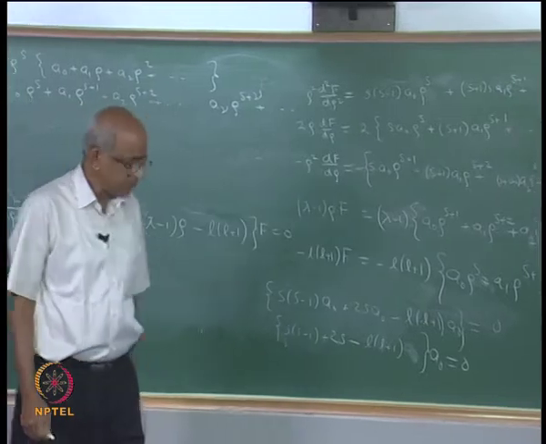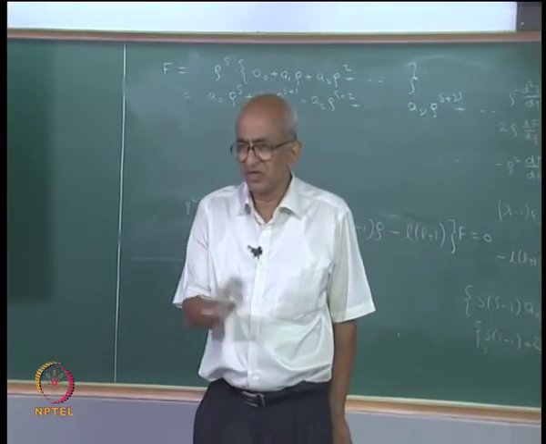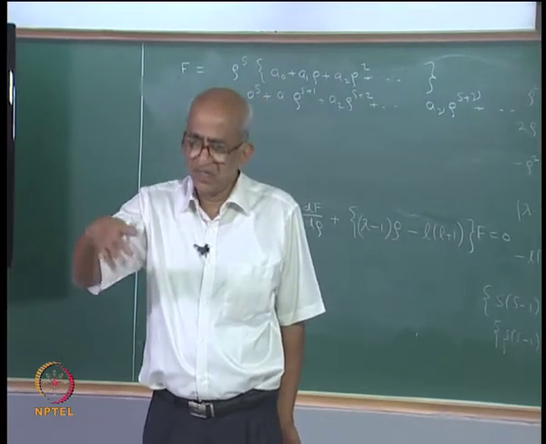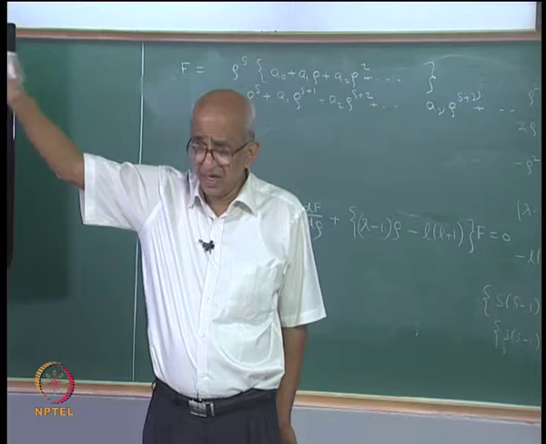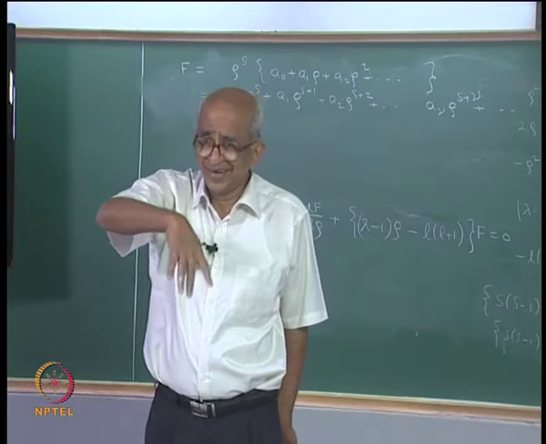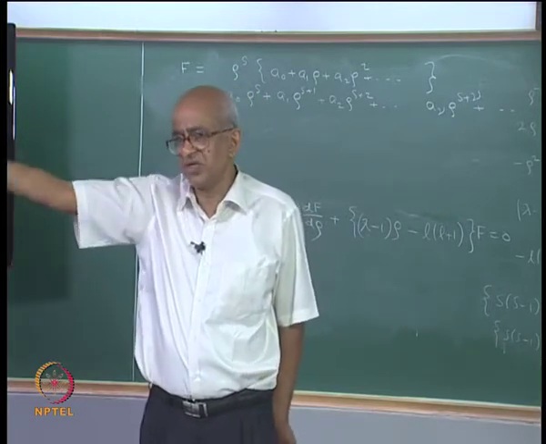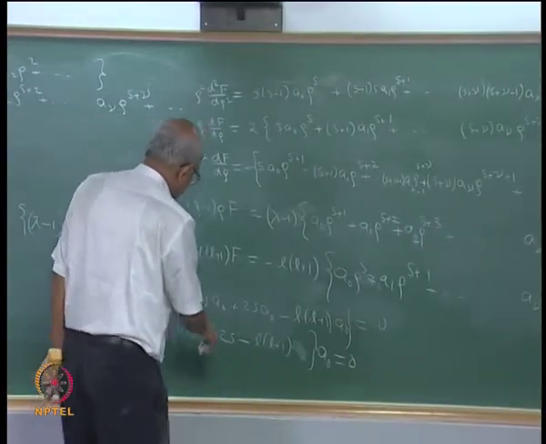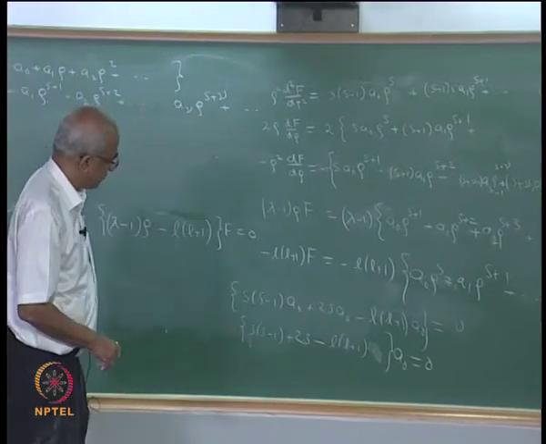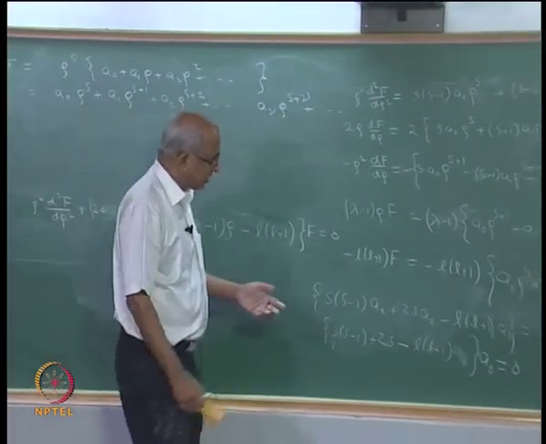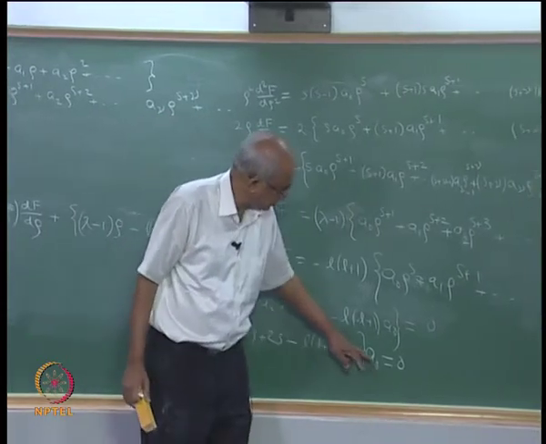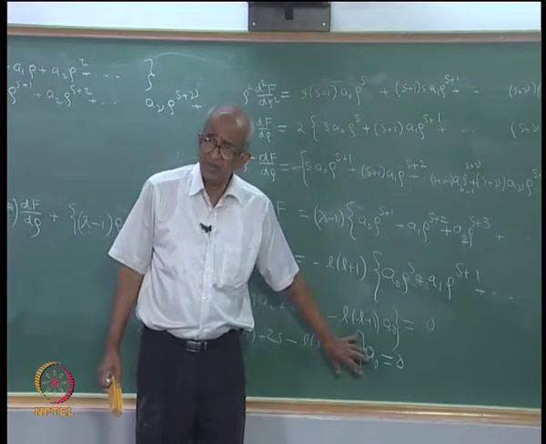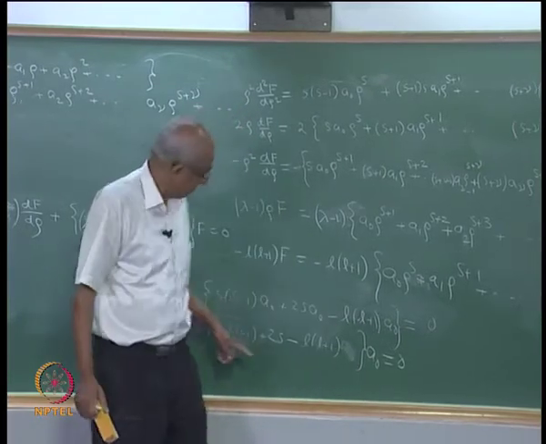So, if this is to be satisfied, this in fact is not a recursion relationship, because a recursion relationship will determine a n plus 1 in terms of a n, or a nu plus 2 in terms of a nu. So, this is not a recursion relationship, but this equation definitely should be satisfied, and if this is to be satisfied, again what is the conclusion? You can have a0 equal to 0. We will see that that is not acceptable, we will see that in a minute,